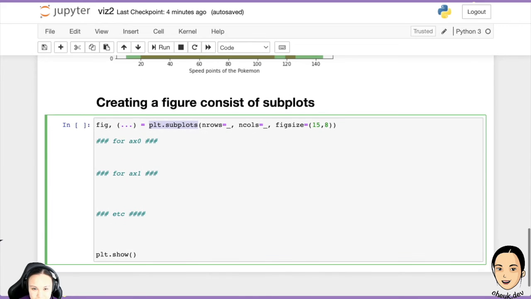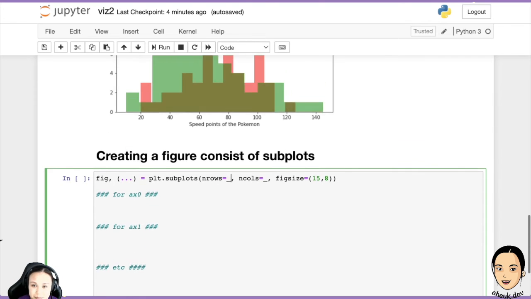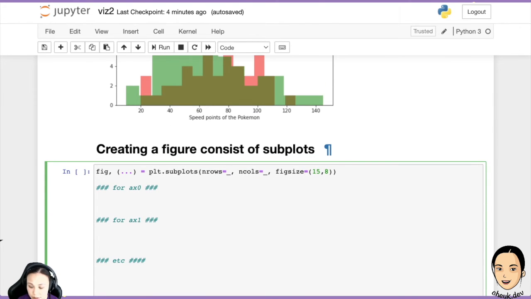So let's do it, maybe I want it side by side or up and down. Maybe side by side. So rows would be just one, and then columns I want 2 of them. And I still want a landscape because if it's side by side, then maybe landscape is better. I don't know, we'll see. So now I will have 2 axes returned back. So it's like ax, and I would just do what I've done before. That's why I have that comment there. 0 and 1. Okay, so I have 2 axes given back, and then for each one of them,